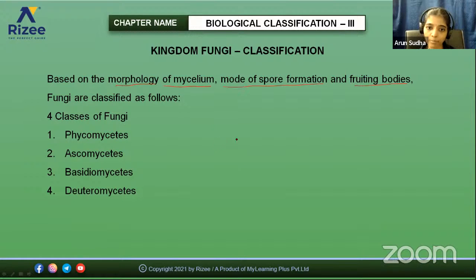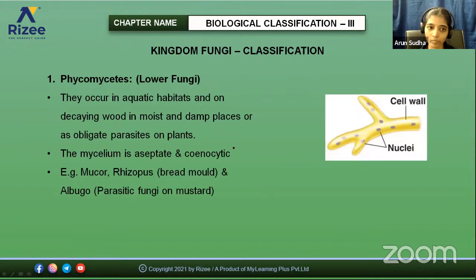So the first type is Phycomycetes, which is also called lower fungi. Just note down the important points that come under each fungi category. That will be easy, or better, you put a table. Common things like the type of mycelium, what type of asexual reproduction in a particular type of fungi, and what about the type of sexual reproduction. For example, we'll see first for Phycomycetes.